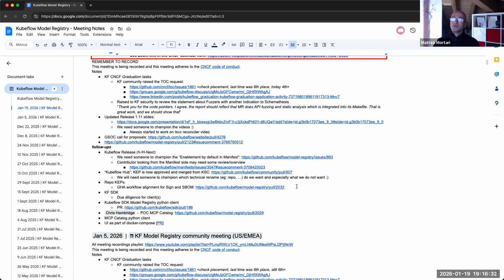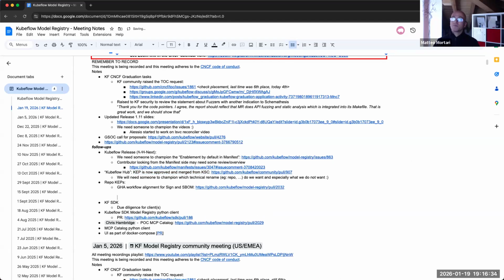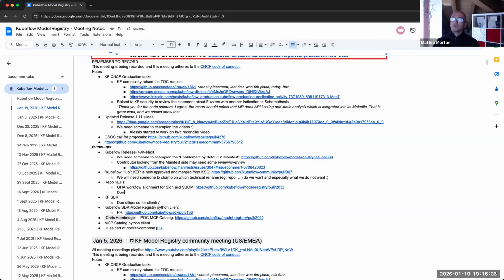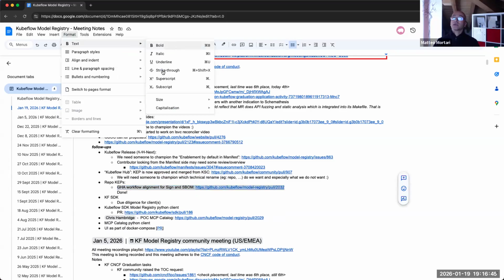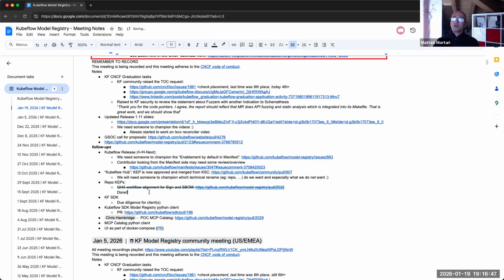This actually is done. So done. This one had some workflow alignment for signature annotation SBOM. So I think that I can extract this one through. If you notice anything with the ghcr.io container image, please report back.